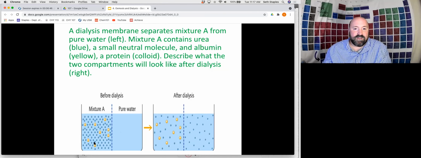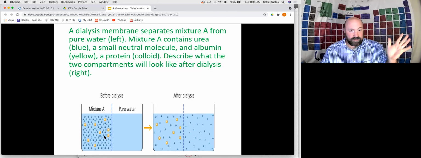In this case, what's happening is that our membrane will only allow these smaller blue particles to come through. And so mixture A contains urea, which are these smaller blue circles, and albumin in yellow. So what's going to happen is that the urea is going to pass through the membrane, but the albumin can't. And so over time, that albumin is going to stay where it is, but the urea is going to